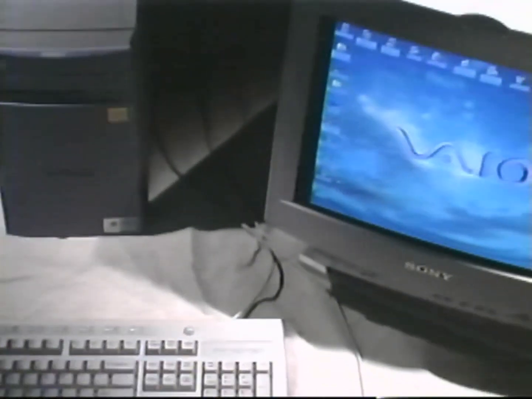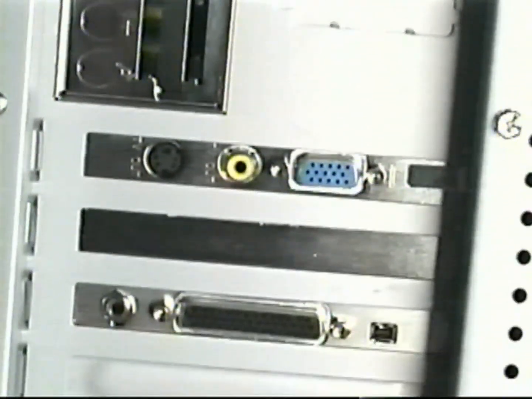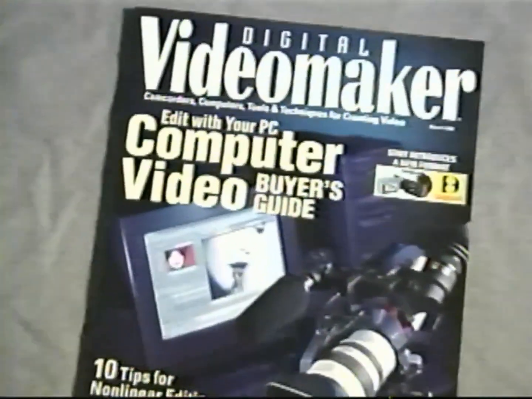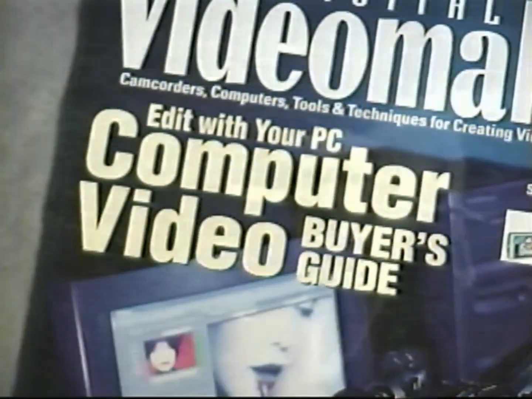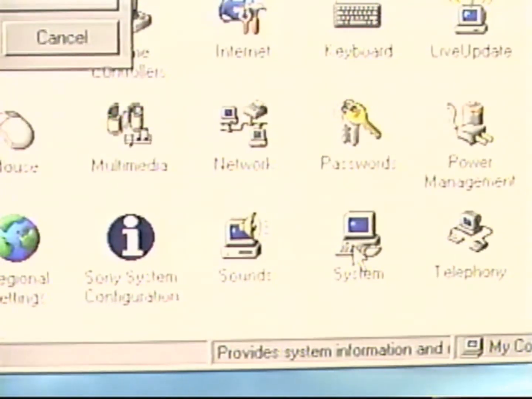Let's assume you have a working nonlinear editing system sitting on a desk in front of you. You've installed all the necessary hardware and software, and everything works the way it's supposed to. Before you begin editing, there are still a few things left to do. Before you begin capturing anything, you'll need to make sure that all of your computer's hardware and software settings are